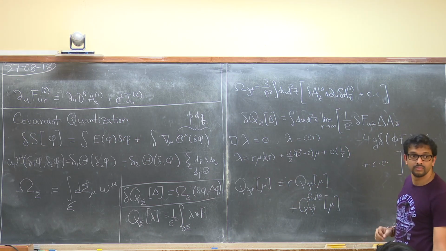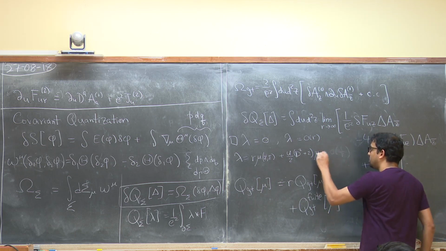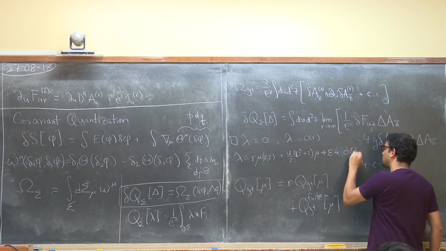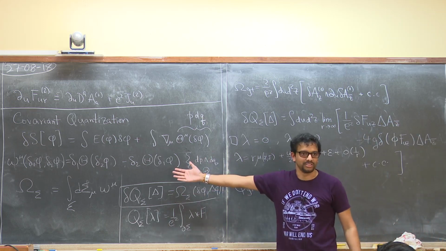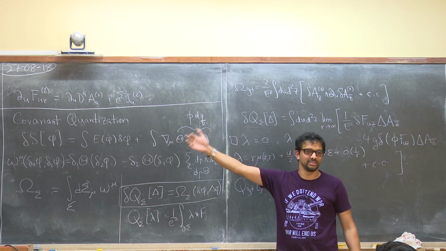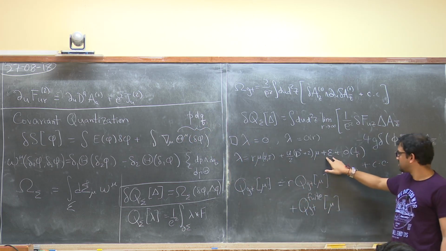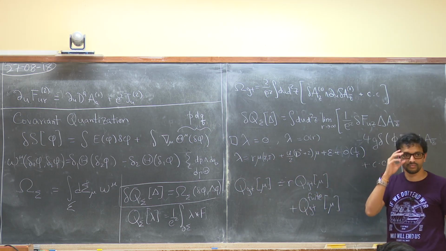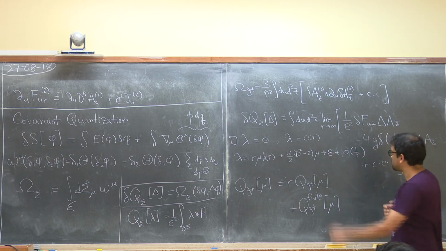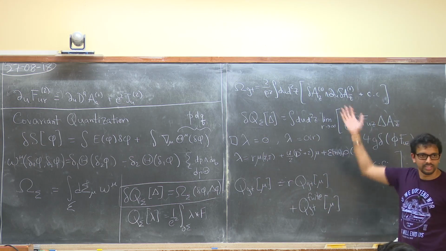How come the order R piece and the order 1 piece are not independent? No, of course, if I fully solve it, there's an epsilon there plus order 1 over r. There's an independent data over here also. But this epsilon is just the charges that I wrote down previously, the finite gauge transformations which give you the leading soft theorem. So we've already discussed this piece. Now I'm interested in the piece which is this divergent piece. So this epsilon is just epsilon of z bar, as it was previously, and it generates the standard gauge transformations.